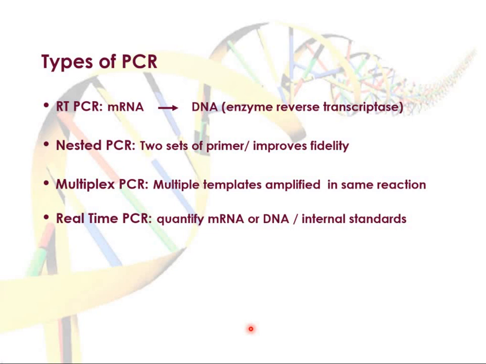Then you have a multiplex PCR. In multiplex PCR, multiple templates are amplified in the same reaction. As I showed you, you use one primer set, one forward and one reverse, and amplify one region. If you want, you can amplify 5 regions simultaneously, but it is a bit tricky. You have to design your primers properly so that they don't anneal with each other. The annealing temperature of the primers should be the same. So if you're amplifying multiple targets within the same reaction, in one tube, that is known as a